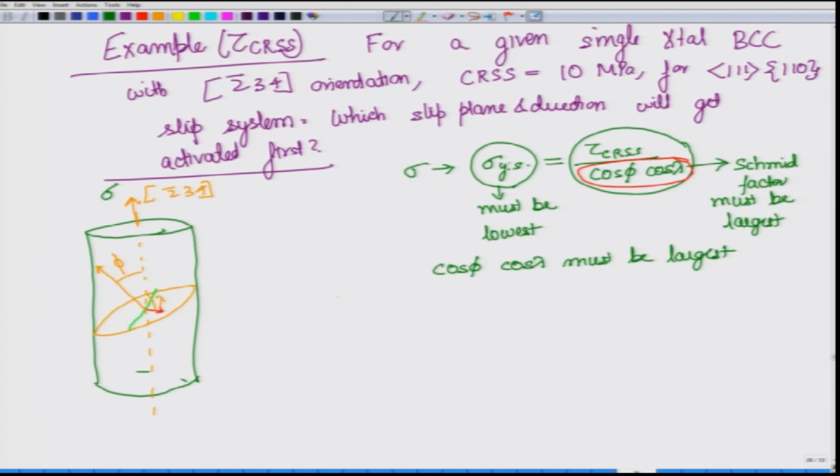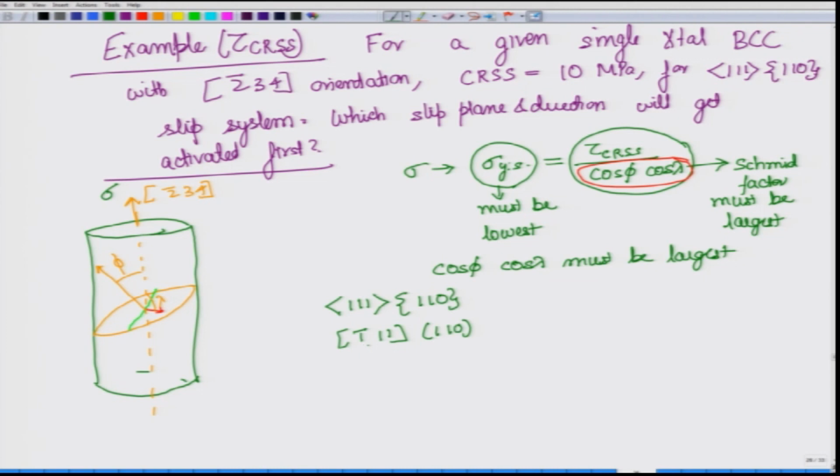So, our slip system is 111 110. So, now this is a general class of slip system given to you. It is not given which particular plane; it can be 110, it can be 1 bar 10, it can be bar 110. So, that is what you need to find out to get the different values of cos phi and cos lambda. For example, it could be as well bar 1 1 1, 1 1 0.